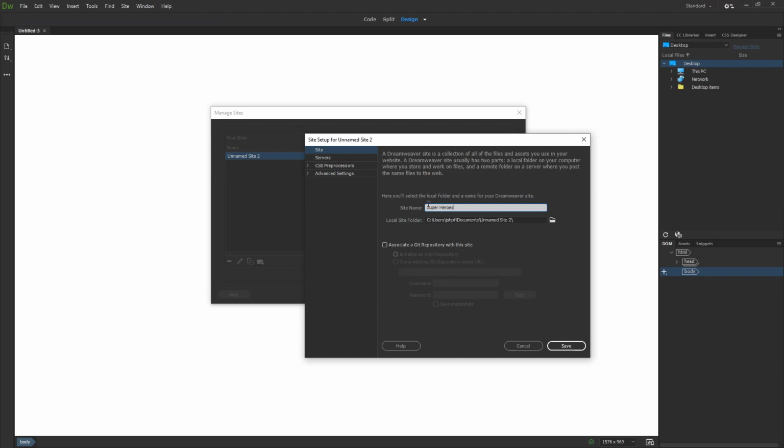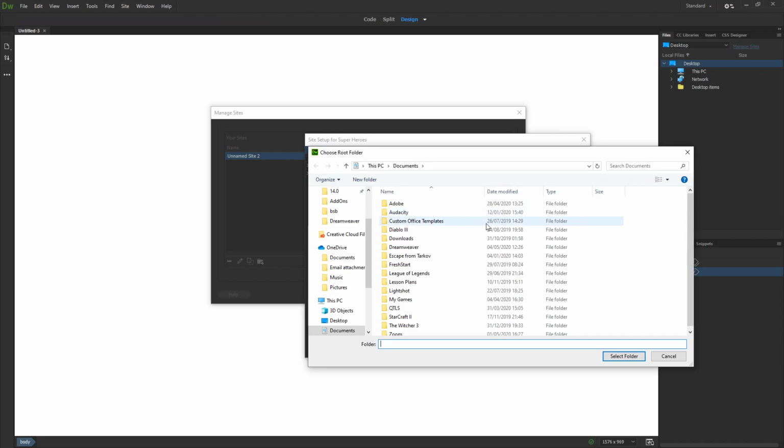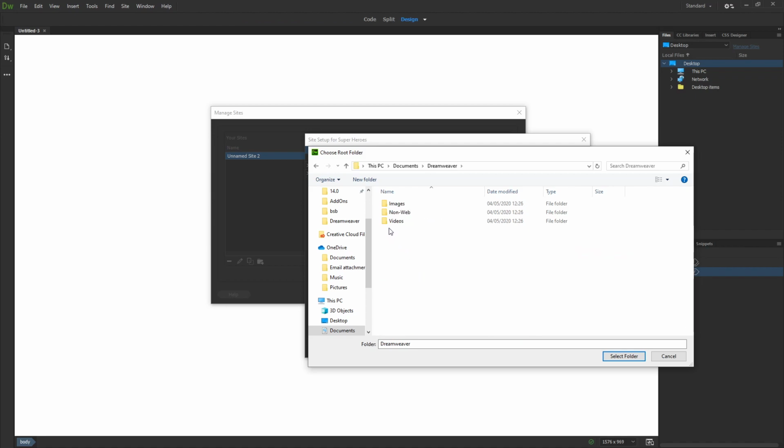But give your site a proper name, and that just makes it easier to identify as you make more and more websites. And then where it says local site folder, this is where you need to click the browse button and you need to select your Dreamweaver folder. So your folder that is going to contain, so remember I said I was going to put my pages in here,